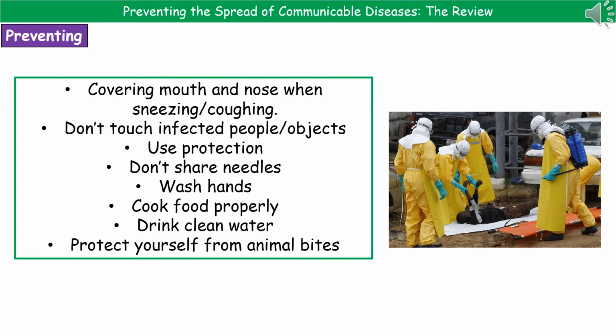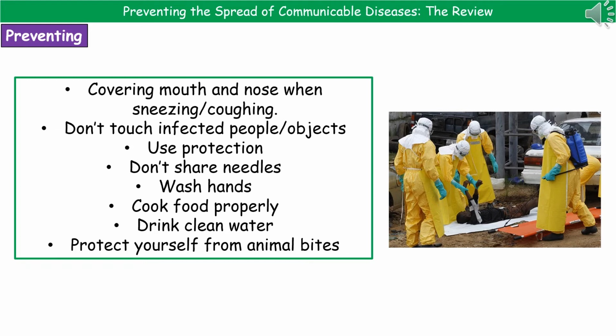One of the things they could ask you in terms of all of these communicable diseases, the ones that can spread from person to person, is how we can actually reduce the spread of them. And there's just a few really obvious things that you can write into an answer there. If we're talking about a disease that's spreading from person to person through the droplet infection method through the air, then covering your mouth and nose when you're coughing and sneezing, not touching infected people and objects. If we're talking about a sexually transmitted infection, using protection there.